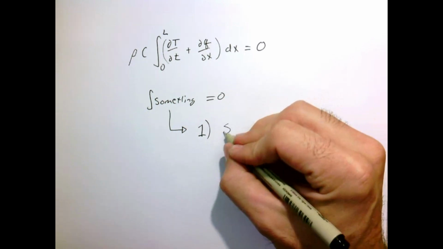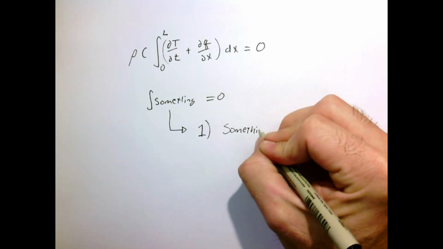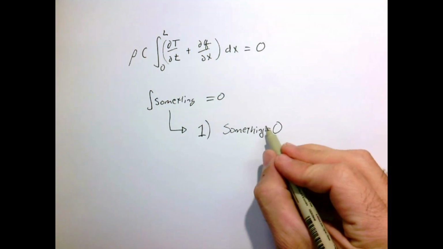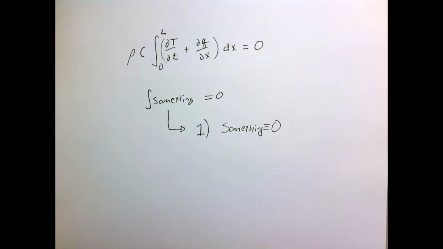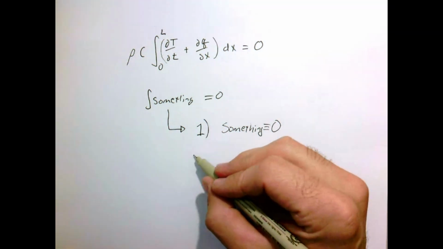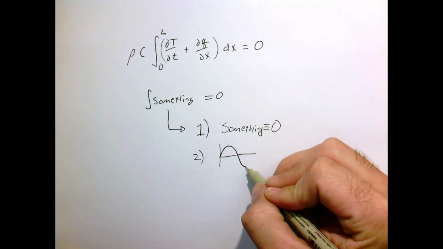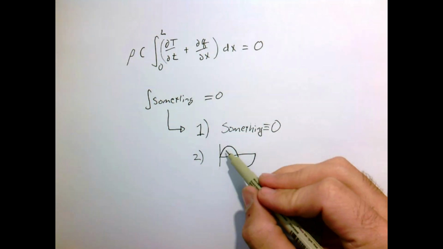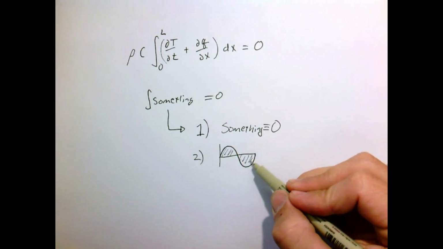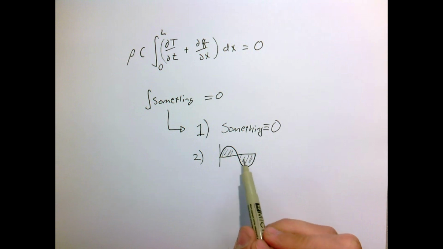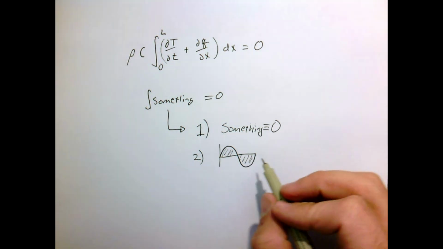Option 1, the thing that I'm integrating is 0. The integral of 0 is 0. So I could have the option that the thing that I'm integrating is equal to 0. The other option is I could have the case when I integrate something like sine over 1 period. Here I've got some positive area and some negative area, and therefore they cancel each other out. So it's a little positive here, it's a little negative here, and the result is that the area under the